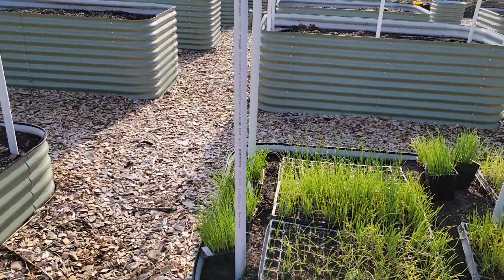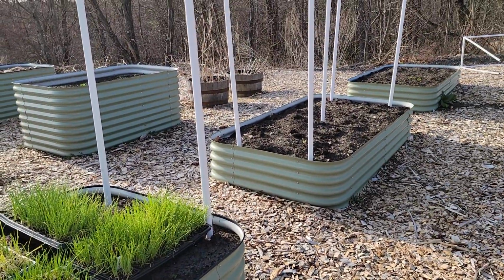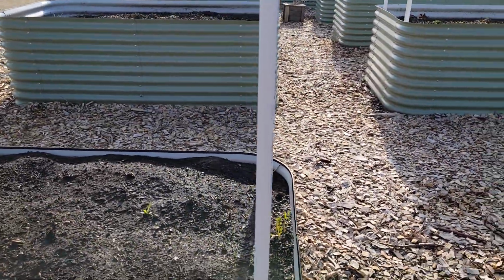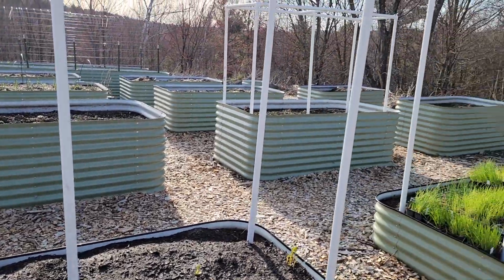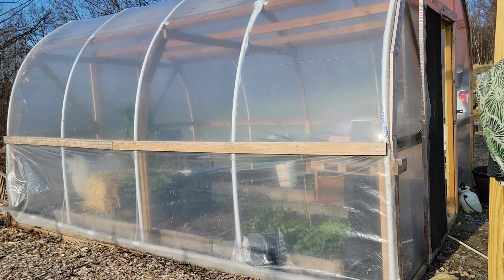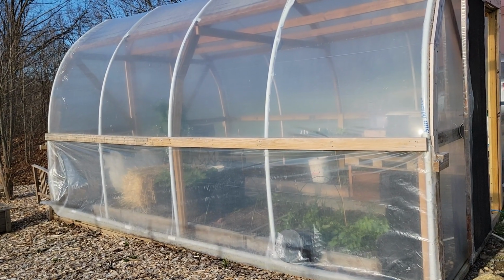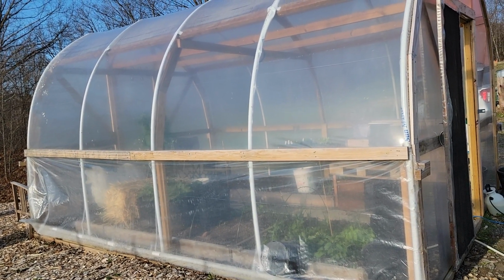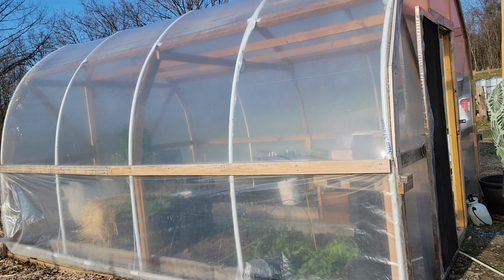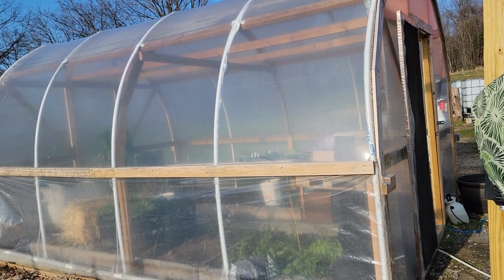And then we'll move the cheap temporary greenhouse that we put together last night. We'll move that out here as well, and then some of the flowers will go in there that I've already been accustomed to the cooler nights, from inside the basement to the hoop house with the heater at night. And the low temps, I think this week are 40s, so we should be fine. If they do end up being colder, I will move those. But again, that's going to give us a whole table of space in the hoop house there,